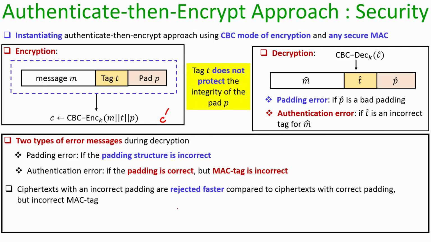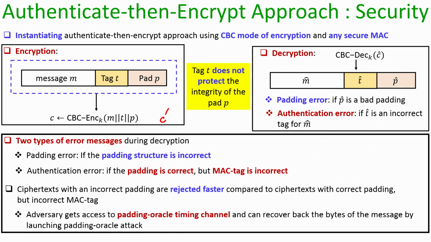then that error message will be issued faster. That means ciphertexts which have incorrect padding are going to be rejected faster compared to ciphertexts which have correct padding but incorrect MAC tag, and that itself is a kind of clue to the adversary to identify the amount of padding which has happened at the encryption end. That means depending upon the error message which is thrown by the receiver, if the error message is fast, it corresponds to a bad padding error message,